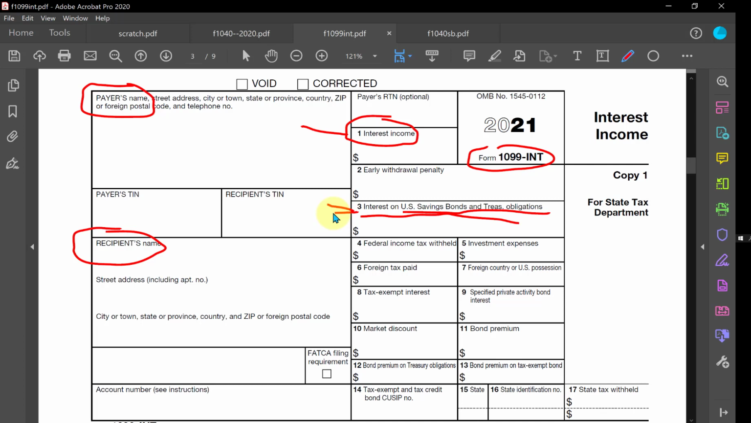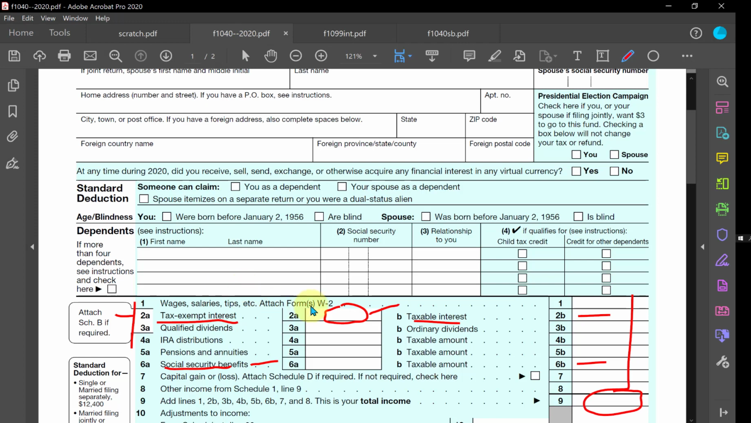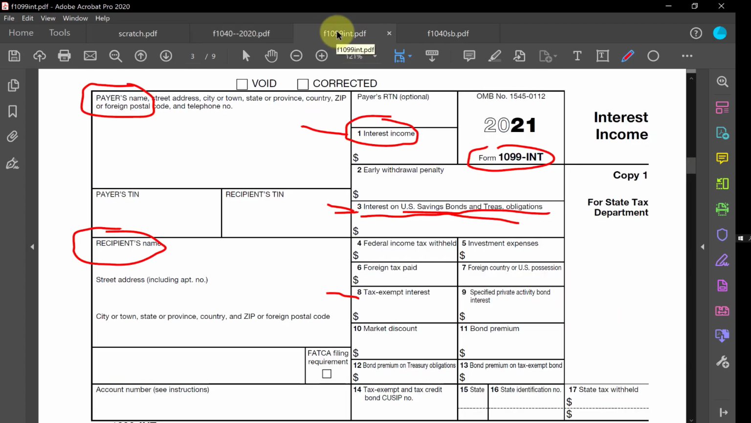Now, remember we talked about the tax-free interest, the tax-exempt interest. That's reported to the taxpayer here in box 8. And again, back on the 1040 form, the tax-exempt interest would go here, and all of the taxable interests, including the ones coming from the federal government, reported here in box 2B. On the 1099 form, some other boxes you may see